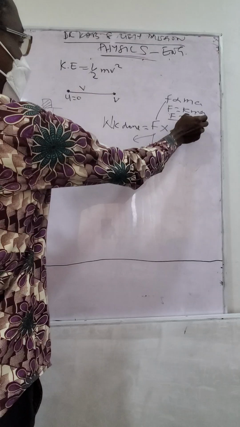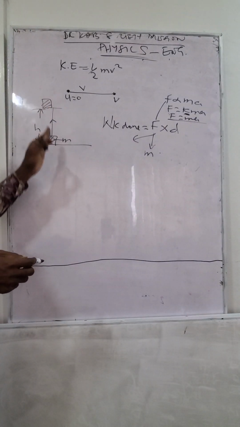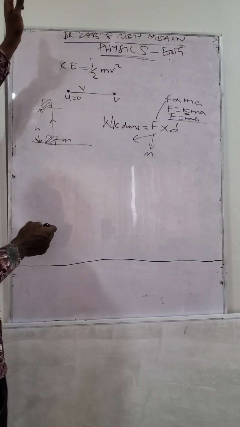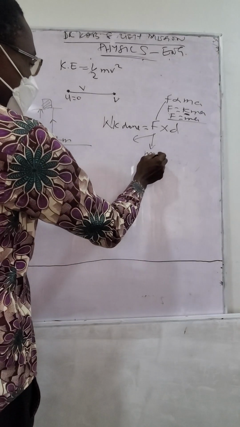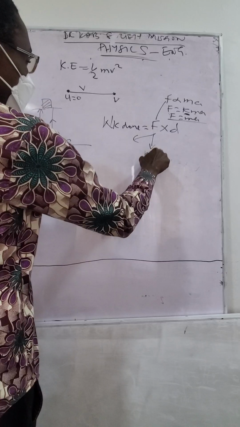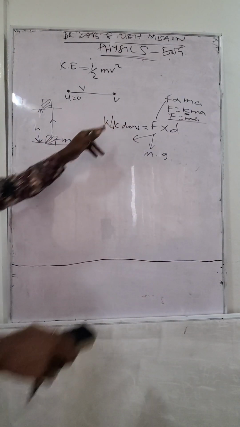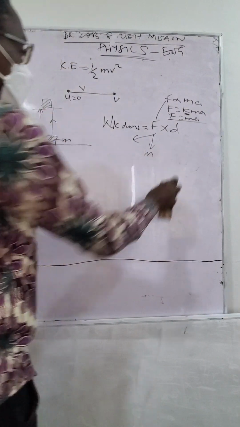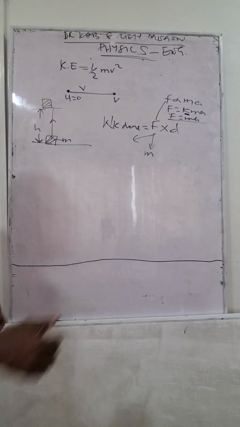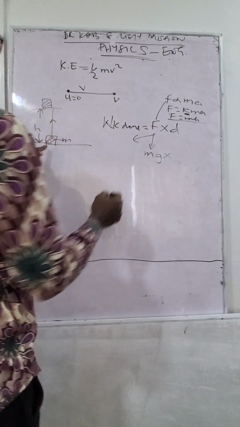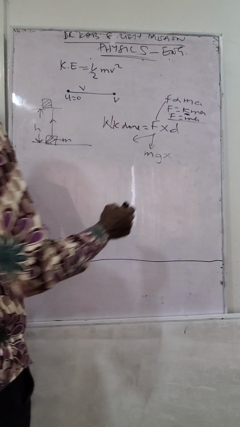Acceleration is what? In this case, we are moving against gravity, so in actual sense it should have been times negative g. But we will not look at the sign, because we are looking at work done, which is a scalar quantity. So our mass times gravity times the distance that we are moving it through, which is